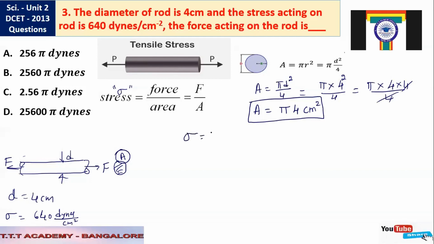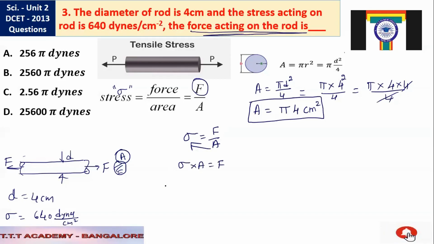Here, stress sigma equal to F by A. I want to find the value of force. My aim is to find the force acting on the rod. That means F we need to find. Then this A you can send to the other side. If you send it like that, then stress into area equals force. Therefore, force is equal to the value of stress,